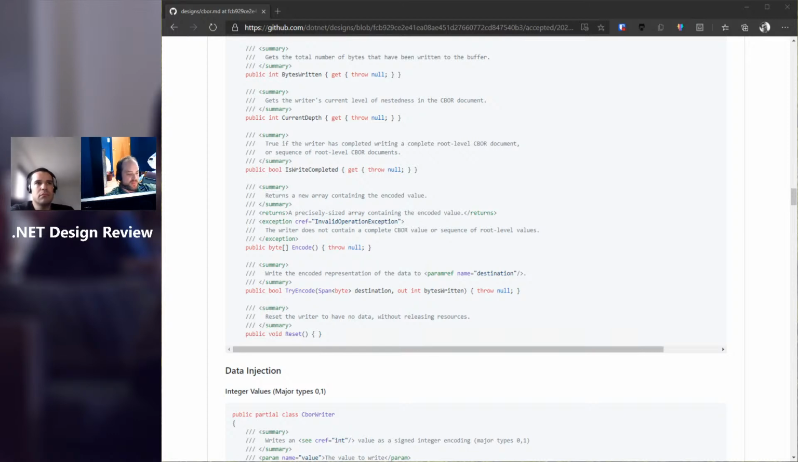So Kevin is asking, would it be meaningful to expose an API that gets the encoded length without performing the encode? Would it be cheap to implement? That might help folks get the right